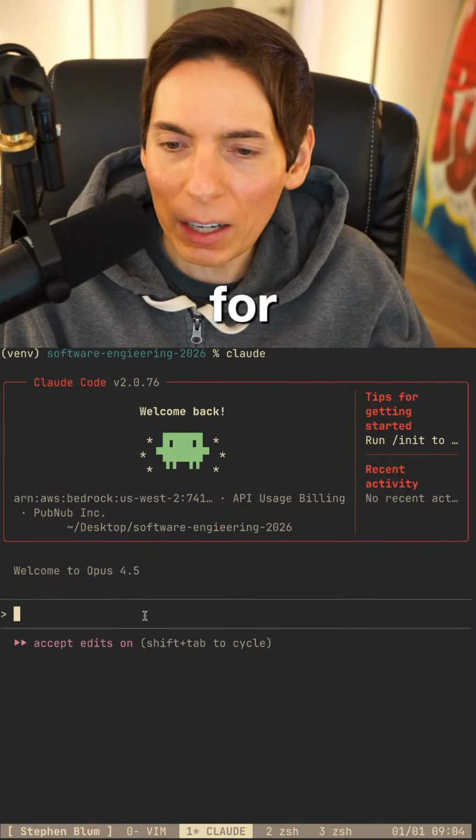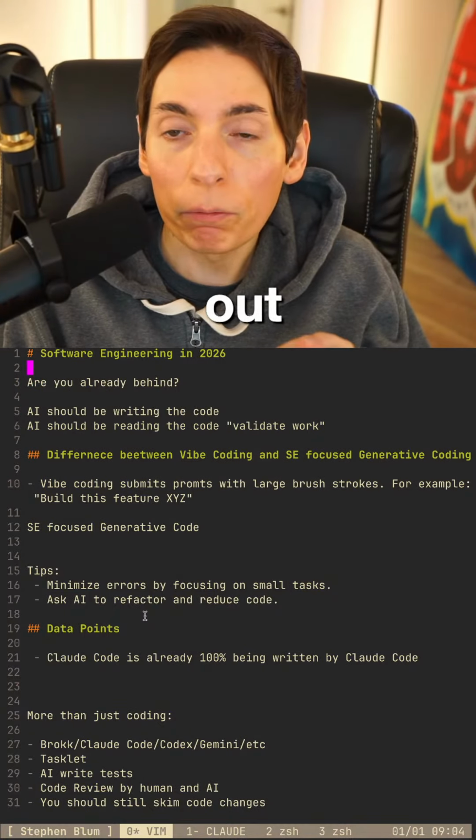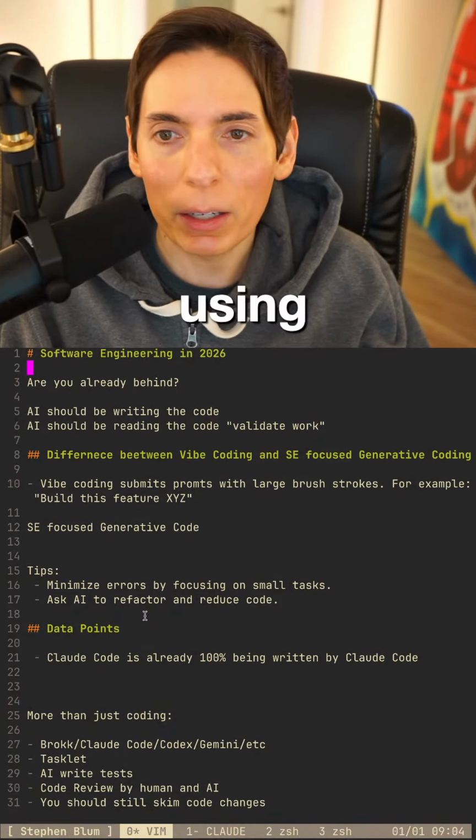All right. So that's the plan. I want to write this all out, and then I'm going to convert it into a document that we're going to be using at my company internally as a reference. I would like to see if it's all inclusive. I want to cover as much ground as possible in different strategies and aspects. And really at the top though, it's all about you should be using AI to write the code. We should also be using AI to write our documents for us, which is why I have Claude Code open here, because we're going to have it modify the document for us as we go. We need to practice what we preach, right?